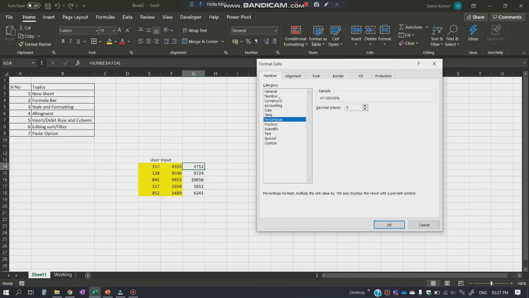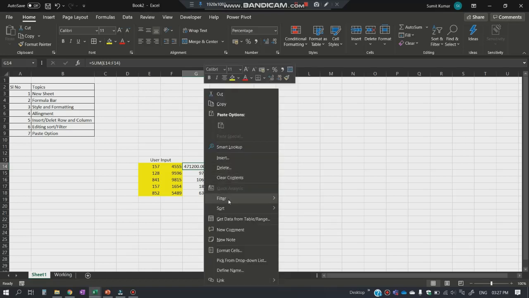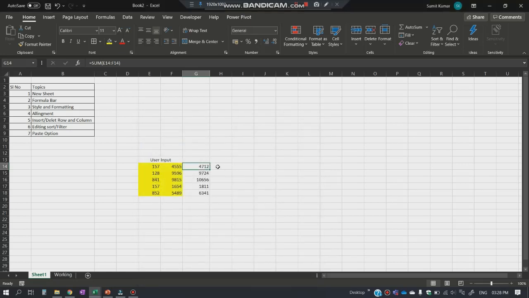Percentage also works in a similar manner to the number, just that we'll be adding a percentage sign after the number. Let me show you how. So I'll select the percentage number. Same, I'll go with 2 decimal points and I'll press OK. It has added the percentage sign to the number. So again, we'll remove the format. So this is all about the formatting.